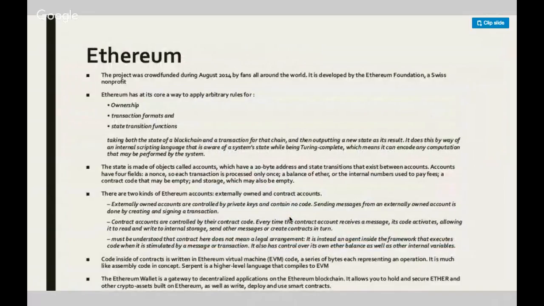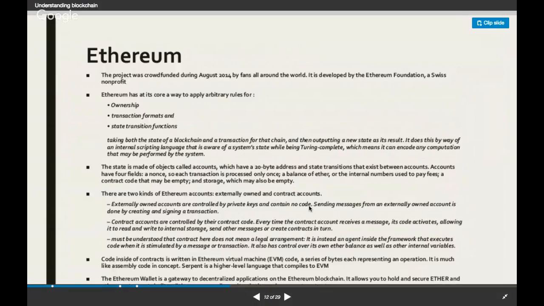Now I will quickly jump into explaining the basics of Ethereum. Unlike Bitcoin, which was considered a decentralized network for financial transactions over the internet, Ethereum is envisioned as a platform for creating decentralized applications. So this project was started somewhere around August 2014. It grew to whatever it is today. And I will just quickly explain that